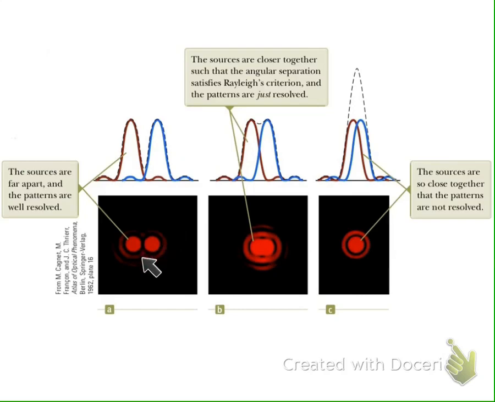You can see this is the diffraction pattern. This is the center fringe, this is the first bright fringe, and this is the dark fringe. When you make these two objects come closer, the diffraction patterns of these two objects will merge, and it looks more like a single object. But for this figure, you may notice that it may come from different objects. But for the last figure, the light comes from two sources,